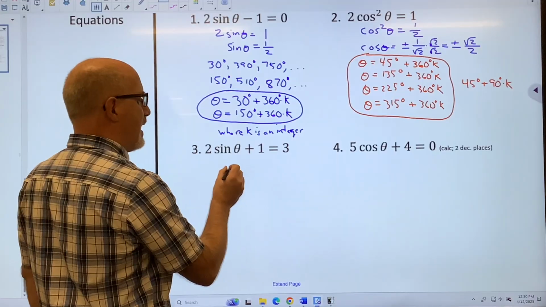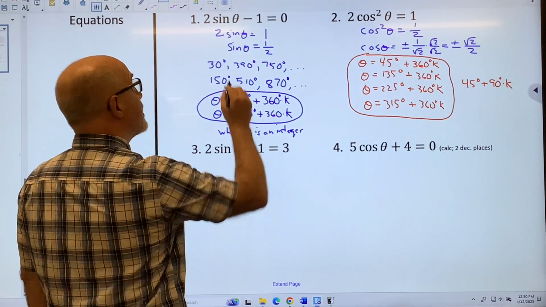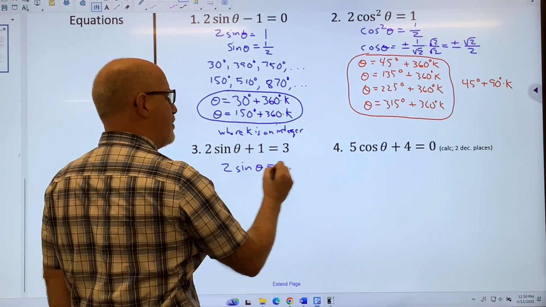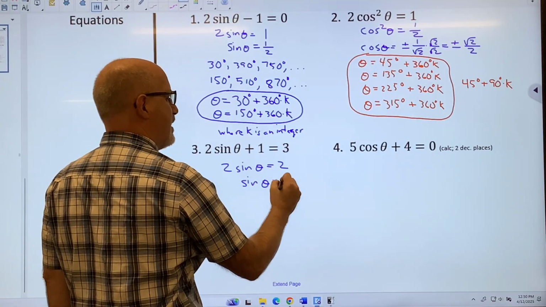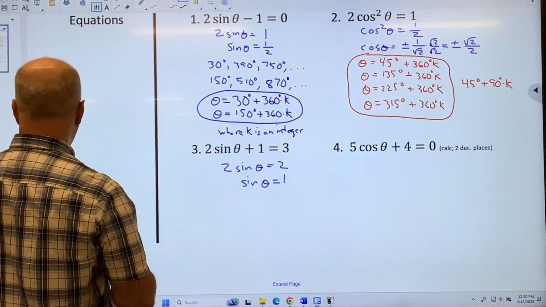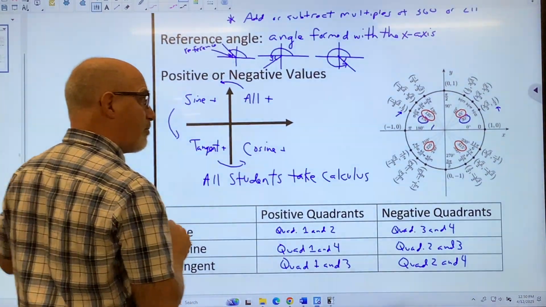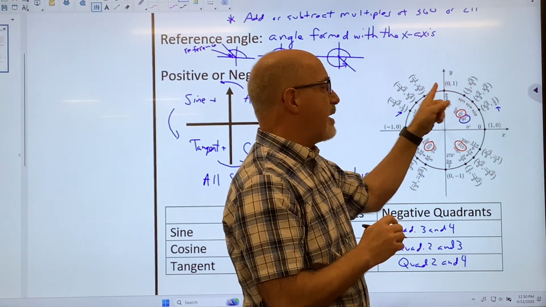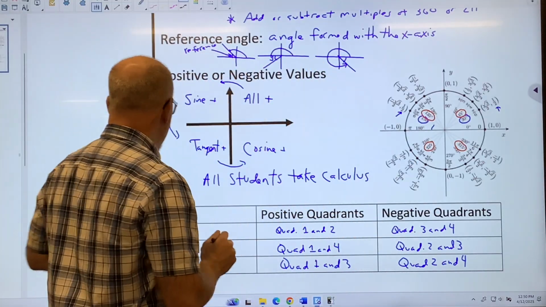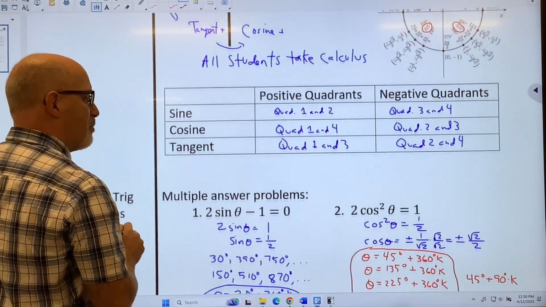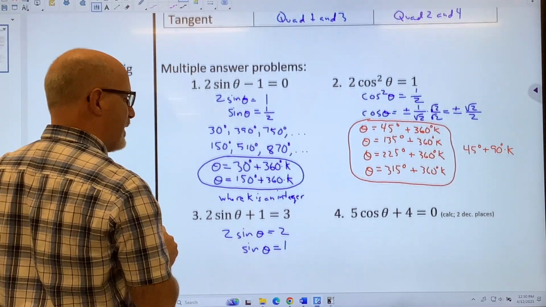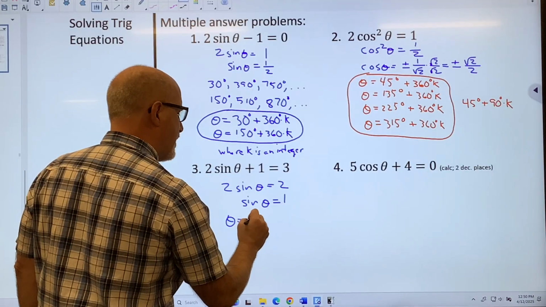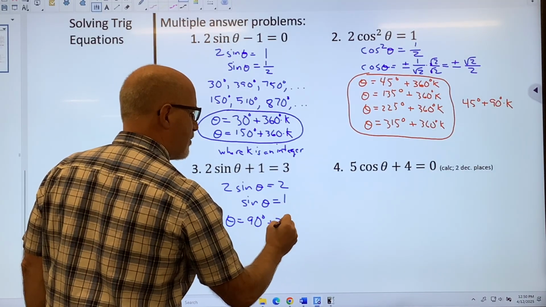So we're going to subtract 1 from both sides. So we'll have 2 sine of theta is equal to 2. Divide by 2, you get sine of theta equal to 1. Referencing back to our unit circle, the only one that has a y value of 1 is here at 90 degrees. Now why that is interesting is that because of this value, we're only going to get one value in the first rotation. So theta is going to equal 90 degrees,